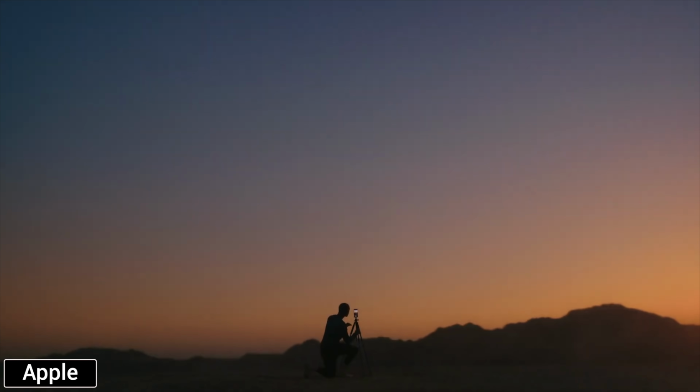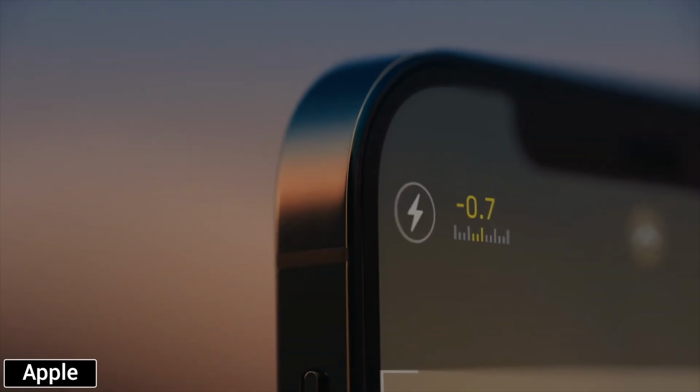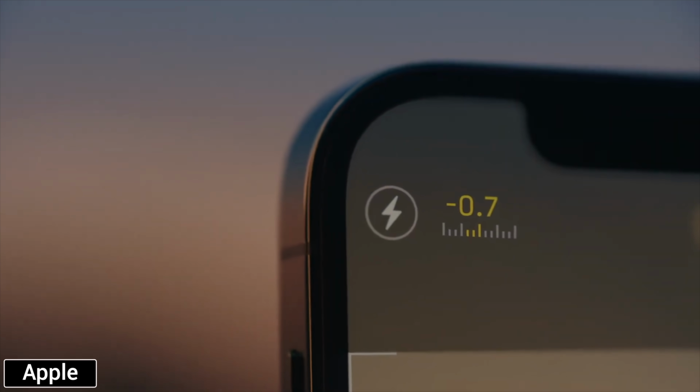But because we don't yet have the iPhone 12 Pro in our hands, we don't know how good it'll truly